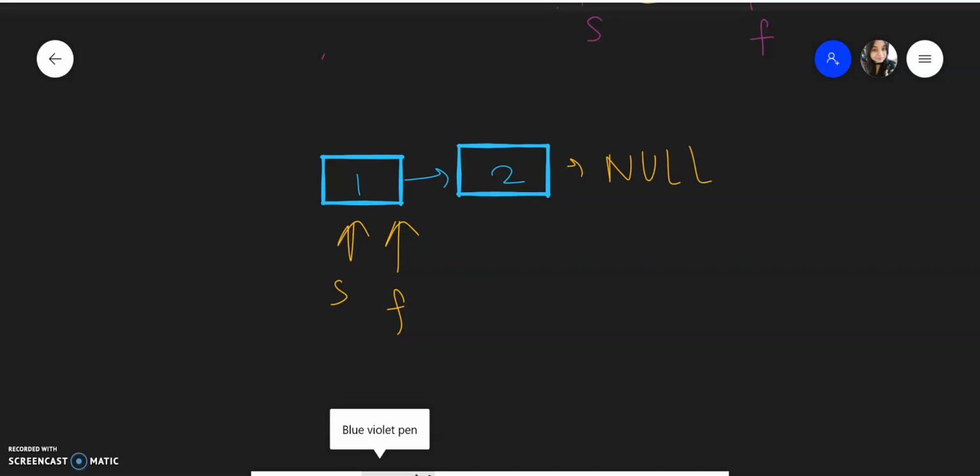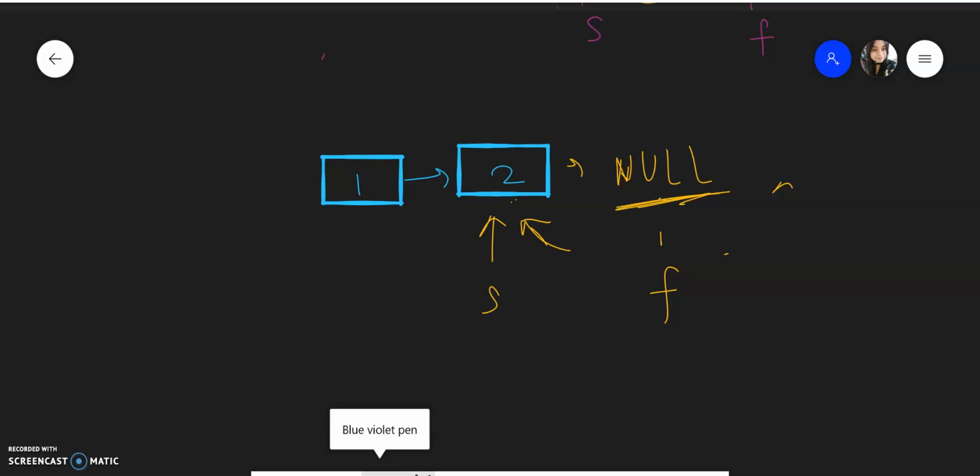So in the first iteration, slow will come out to be here and fast will come out to be here, and we cannot move any further. So basically we want to delete the second node. This is a special case because this is the last node that we wanted to delete. If you remember, in the above examples, whatever data the next node is having, we were copying it here and then pointing this node to the next. But here the next node is actually null. So this is the boundary condition that we need to take care of.